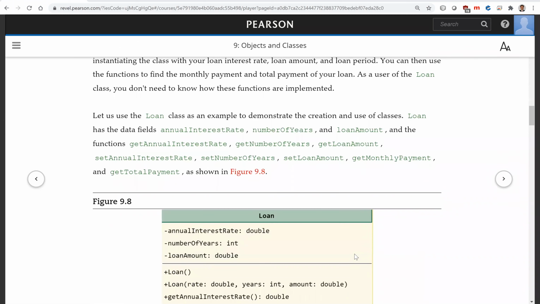We already have this computing loan in chapter 2. Given the interest rate, number of years, and loan amount, we can compute the monthly payment and total payment. That program in chapter 2 is not reusable, so we put all things in the main function. Now, you can create some functions to get monthly payment and total payment, but it will not be